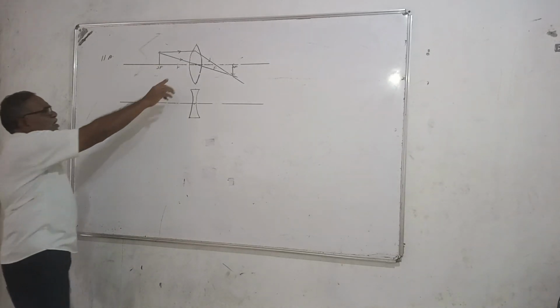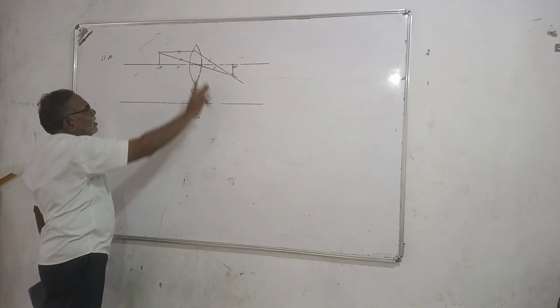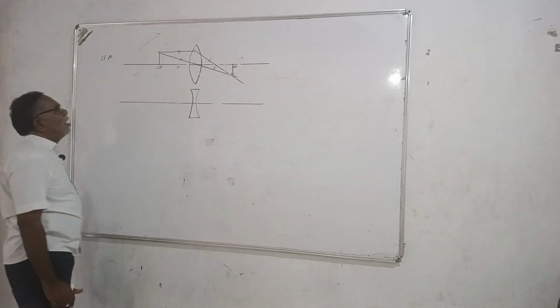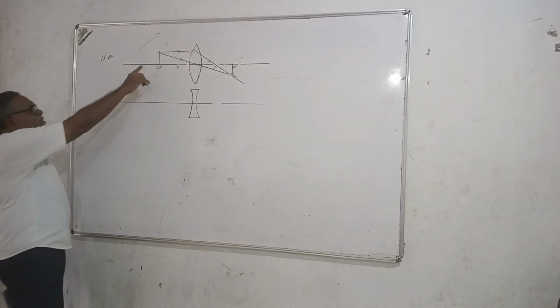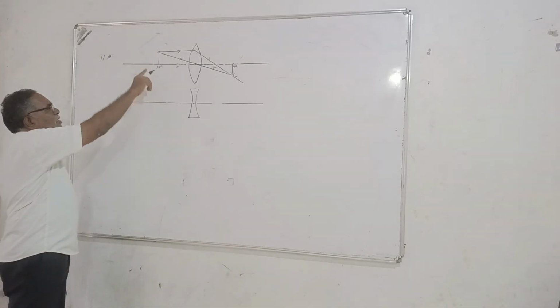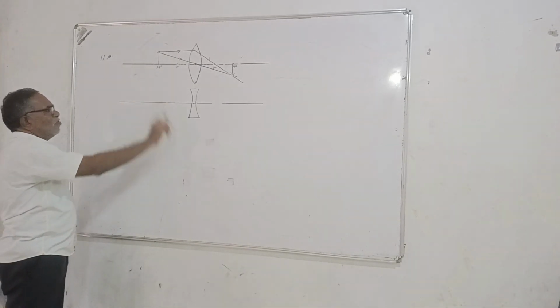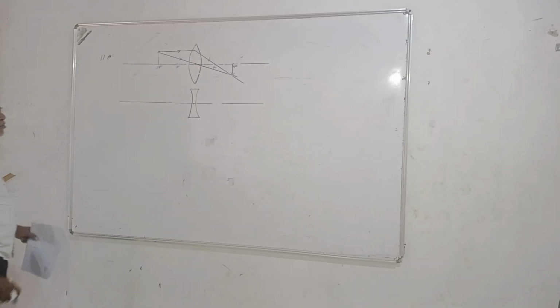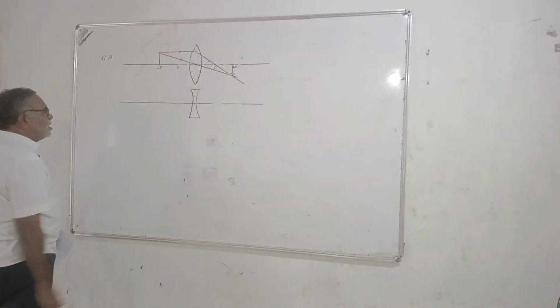But all are real, inverted images in the convex lens. But when the object is between f and the lens, you get a virtual image on the same side, an enlarged, magnified image on the same side of the object in a convex lens. And this is the concave lens, question number